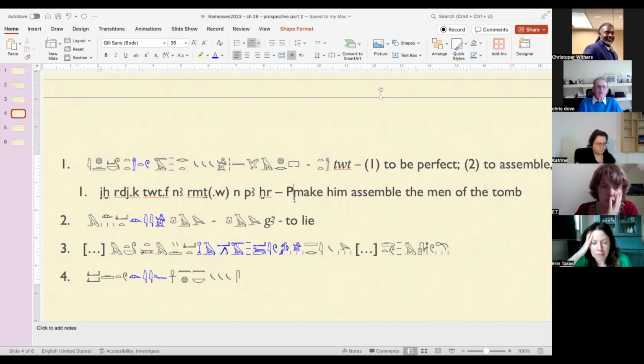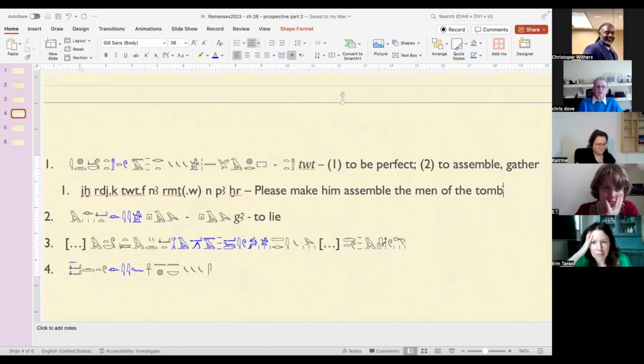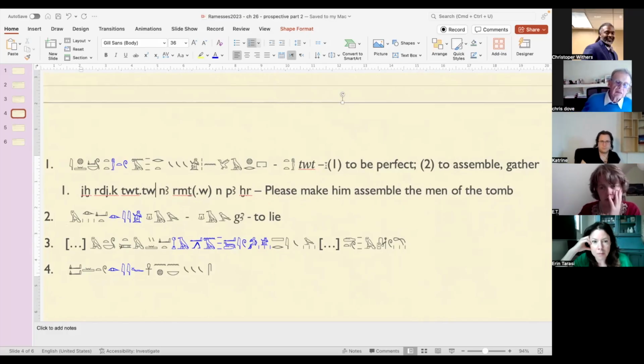That sounds too formal. That sounds like the Bible again. So please make him assemble the men of the tomb. And the text goes on, and put them all on this side of the village, because presumably whatever comes next, like whatever task or speech or interrogation, is to follow. So in this case, we got the tut. So make one, so it'd be like a you. Yes, that's right. Please make one assemble. Great, thanks for pointing that out, I forgot. So please make one assemble the men of the tomb. Yeah, that's really what it is.